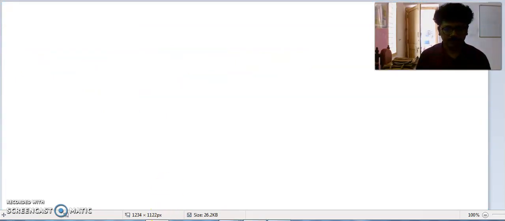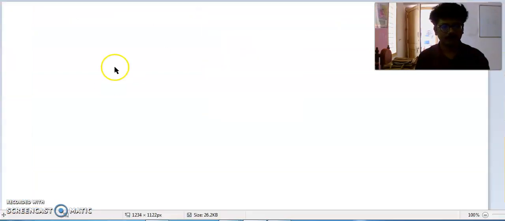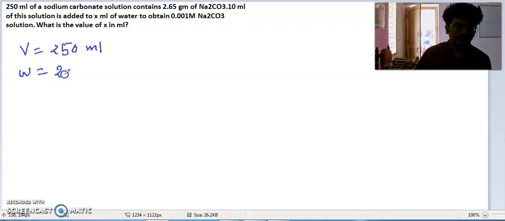Now, go for the next one. This one is also almost of the same kind but with a different flavor. Okay, now what is it? 250 ml of sodium carbonate solution contains 2.65 gram of sodium carbonate. So here you are given some data about this sodium carbonate solution. The volume of this sodium carbonate is 250 ml, and the mass which is given is